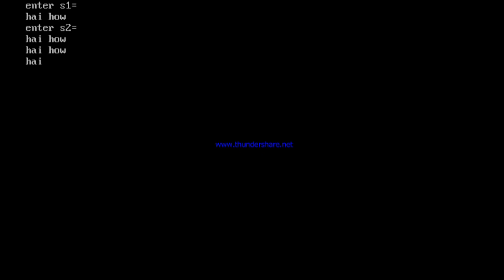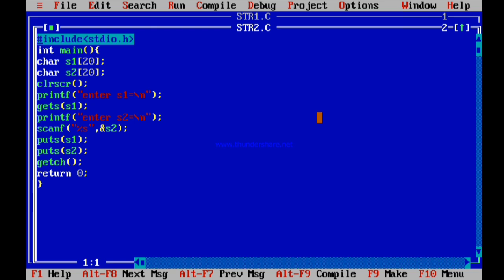The first string is read by the gets function and the second string is read by the scanf function. The gets function has read the entire string, but scanf has only read until the space. When the space is encountered, it just stopped reading the string. That's why you are getting the second string as only the first word, that is hi. Okay friends, so this is the difference between the gets and scanf functions. We'll go to the next program.